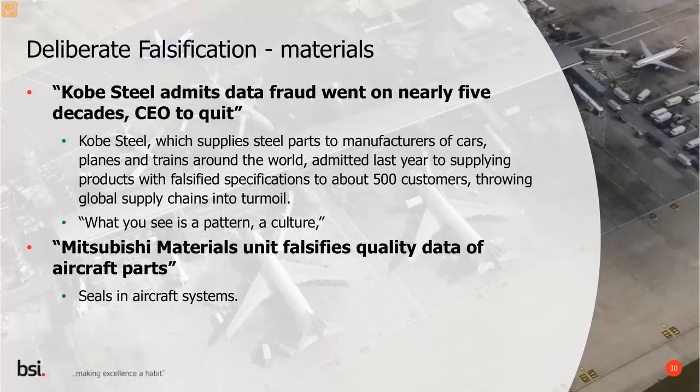They were making seals for aircraft. They were O-rings, in fact. So let's think about where O-rings may go. Oxygen systems, hydraulic systems for flight control systems. So you think about oxygen, the F-35 has had a few problems with its oxygen systems and barotrauma on aircrew. Now, I don't think these are related. I'm not alluding to that, but the point I'm making is that if there's a problem in an oxygen system, that can have significant effects on military aircraft or even on commercial aircraft if the crew have to go onto